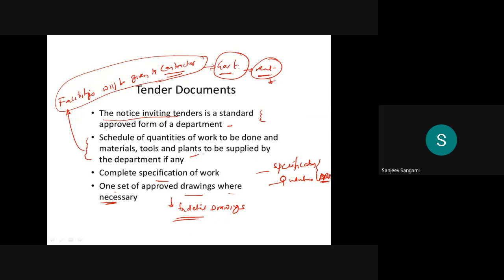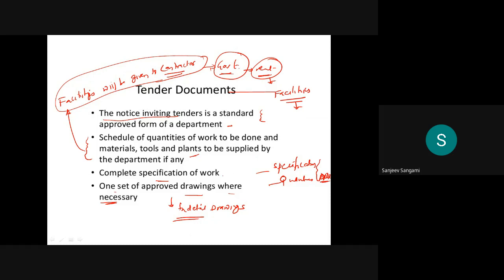Normally, what will happen is that sometimes the facilities will be given by the departments, because some of the small contractors are not able to procure some of the things. So that will be given on a rental basis. That is definitely going to help in the completion of the overall project.